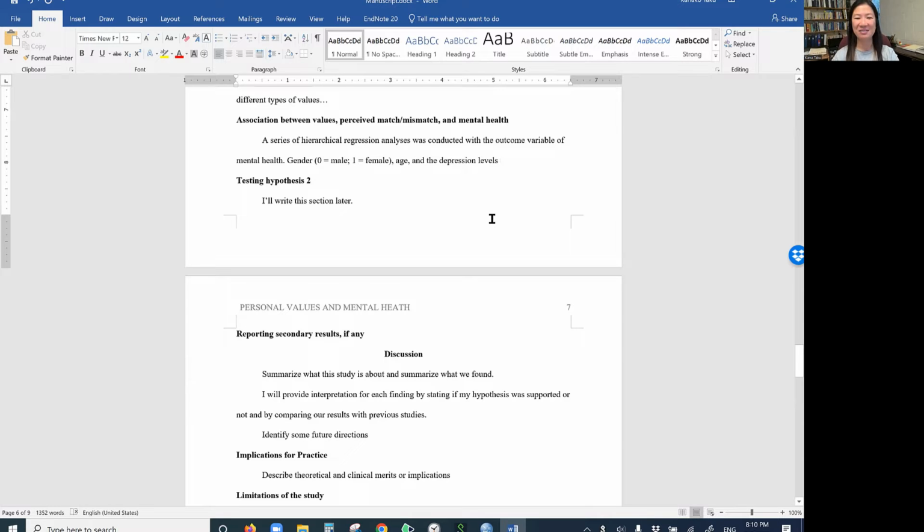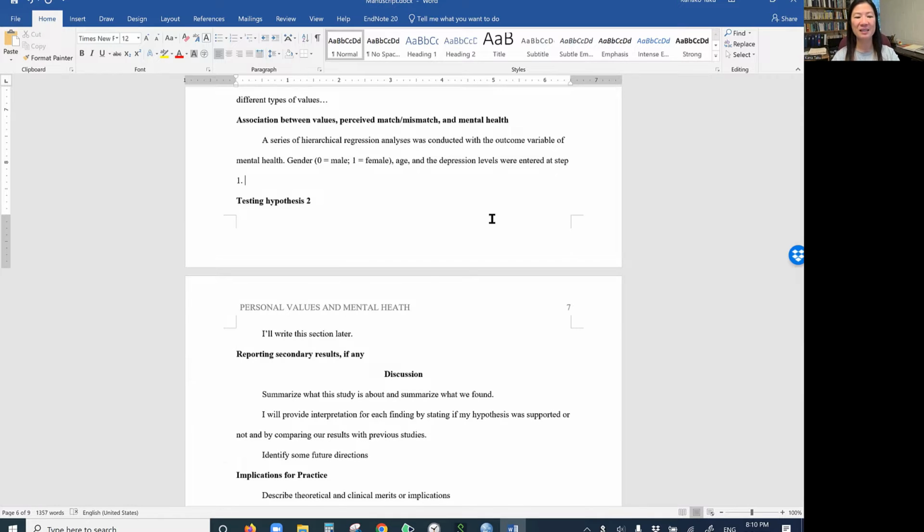So anyway, depression levels were entered at step 1, and then the perceived importance of 11 personal values was entered at step 2.